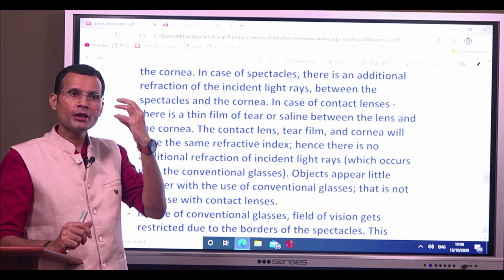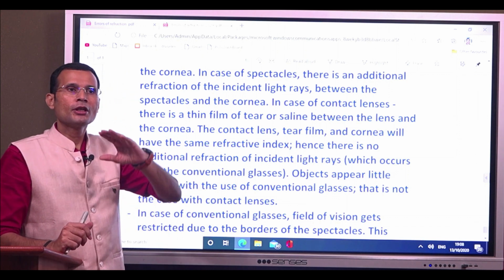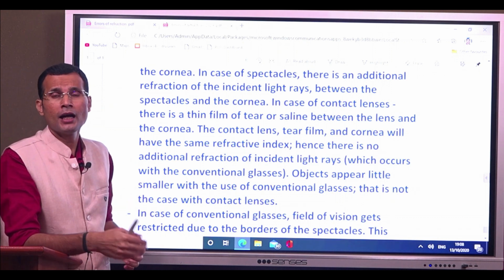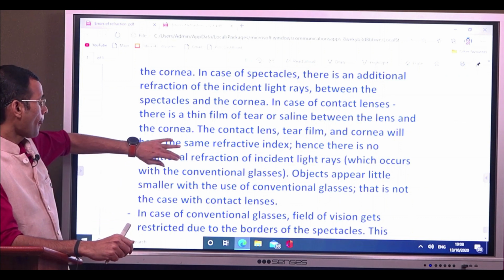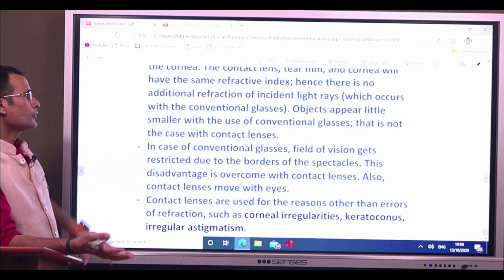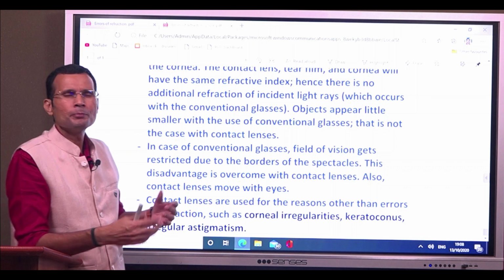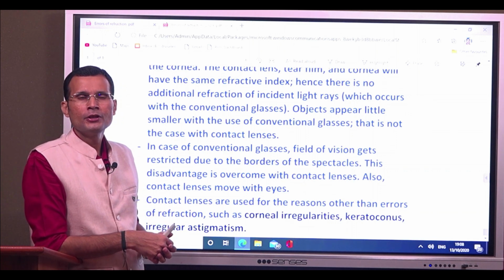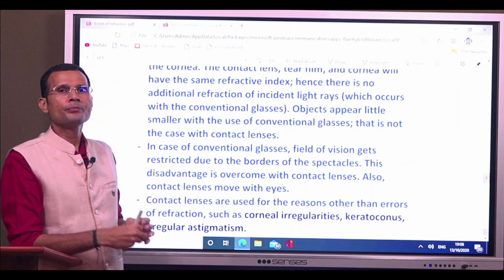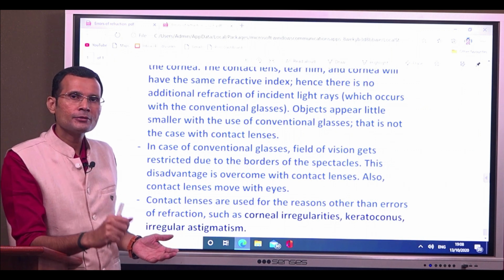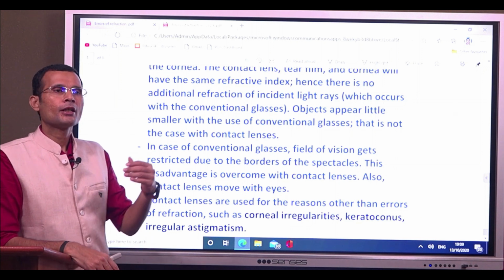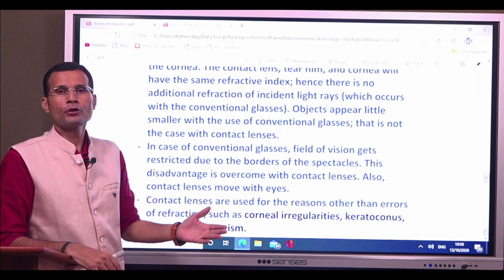They are in contact with the cornea, so they may cause regularization of the shape of the cornea. So, in certain conditions, the contact lenses are preferred or they are used as a treatment. So, contact lenses are therefore thought to be better. Of course, there can be certain disadvantages, like they are always in contact with the cornea, they can cause irritation of the eyes and so on and so forth. But that's a quick comparison between contact lens and the conventional glasses. So, these were the errors of refraction and the corrections for the errors of refraction.